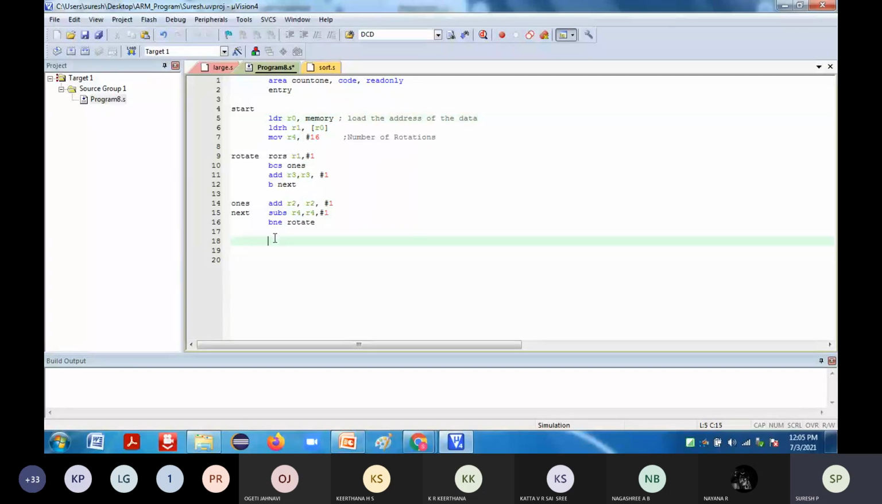Okay. So next I'm going to add 4 to the contents of R0. So I will increase the address by 4. So initially it will be 0x40000000, so next it will go to 0x40000004. So to that particular place, I have to move the count of the number of 1s. So the number of 1s is stored in R2. That I am going to move